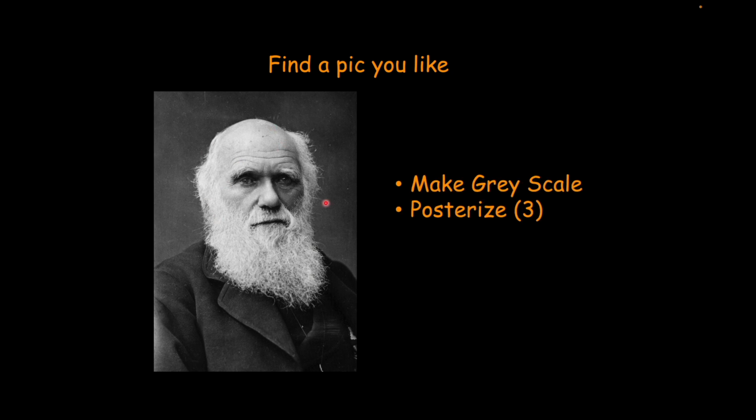So if you had a color image, you're going to first make a grayscale image, right? So you get rid of the colors and you make it grayscale. And then what you're going to use in Photoshop is a function called posterize. And it allows you to do this at multiple different levels. So what it's doing is it's taking all the pixels and their grayness, and it's converting them into bins. So the most black are in the first bin, the gray middle between black and white is put in the second bin, and the whites are put in the third bin.